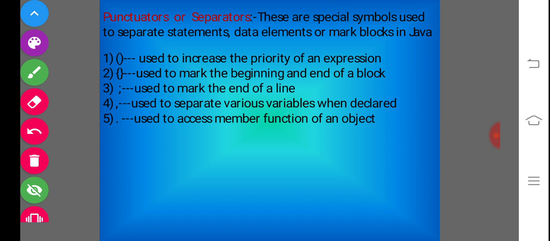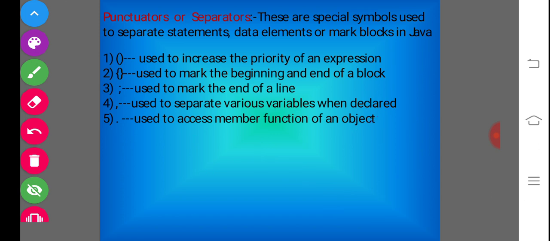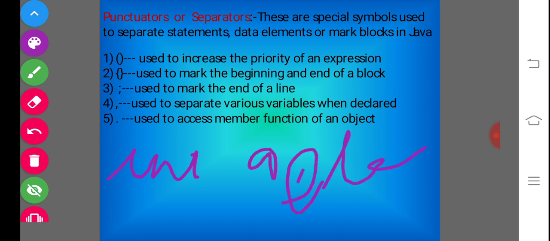As we have discussed previously, the semicolon marks the end of a statement, so if I write a + b and put the semicolon, it means that is the end of this statement. The next is the comma, which you are all aware of. If I am writing int a, b, why this comma? It is used to separate various variables when declared. The last one is the dot. It is the dot operator, which is used to access the member functions of an object.